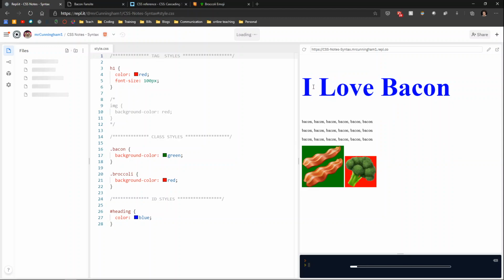Now, how does it pick which one to do? Because earlier, when we styled the H1 element, we said it was red. And now we're doing the identification and it's turning it blue. So in order to see this, we're actually going to use a very important tool called the Chrome Developer Tools. So if I open this web page,